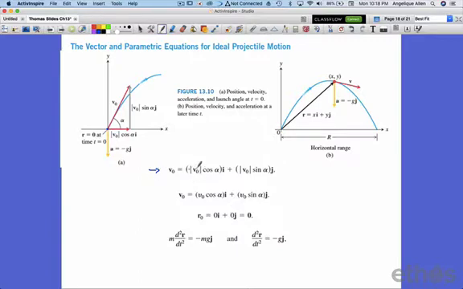So the magnitude of v naught is the speed, the initial velocity as this projectile begins its motion at time equals 0. The speed is this red vector v naught here, and the magnitude symbol means we could just write it as a non-vector expression. Just plain v sub 0 is the initial velocity expressed as a scalar number, and then we multiply it by the cosine of alpha. So alpha is the angle that v naught makes with the x-axis, and v naught times the cosine of alpha would be the distance that the projectile is moved by the